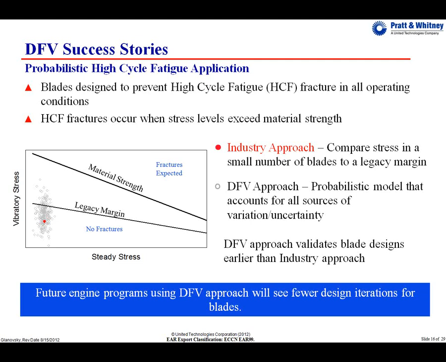Somewhat fancy name. Translation. Fatigue is just looking at when stress on a part, in this case a turbine blade spinning around in the hot part of the engine, exceeds the material strength of that blade. Simple enough. We call it high cycle fatigue, or HCF, and an HCF fracture is what happens when you hit a stress that exceeds your strength. This is a very powerful failure mode. It can do a lot of damage.